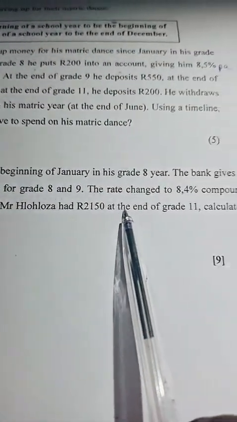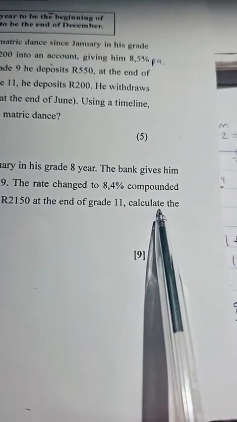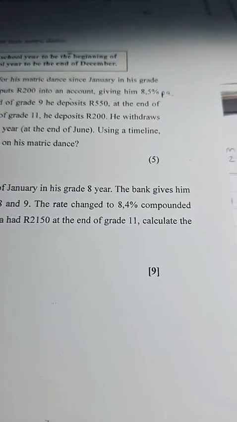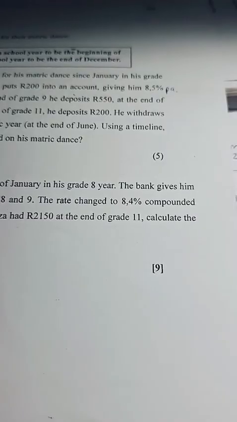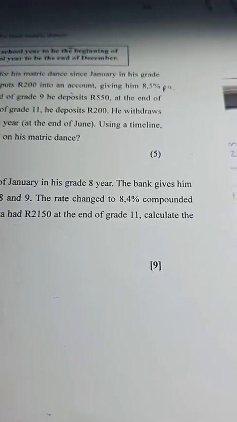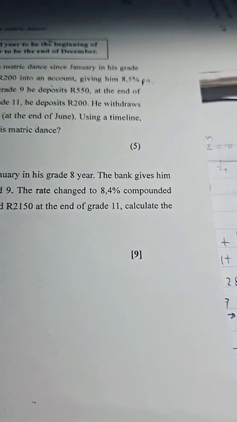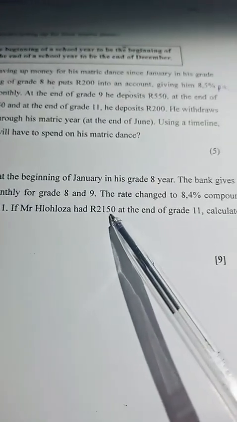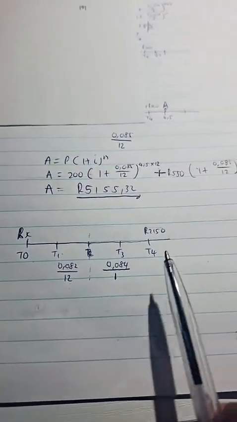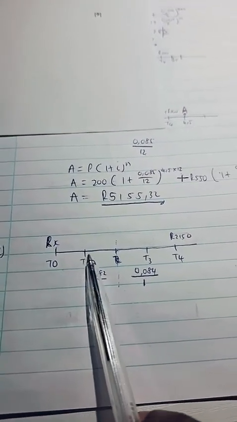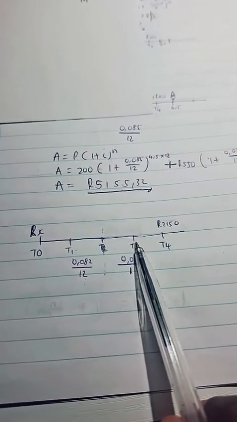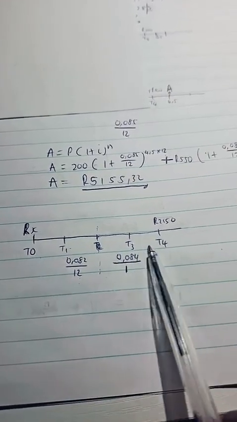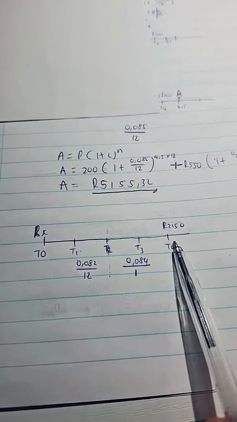If Mr. Tlhotlhoza had 2,150 at the end of grade 11, calculate the value of X. Okay, for grade 10 and grade 11. If Mr. Tlhotlhoza had 2,150 at the end of grade 11, calculate the value of X. End of grade 11, 2,150. Can we agree? Remember, this is the beginning of grade 8, beginning of grade 9, beginning of grade 10, beginning of grade 11, if that makes sense, guys. So this would be the end of grade 11. Okay, so what we are being asked here